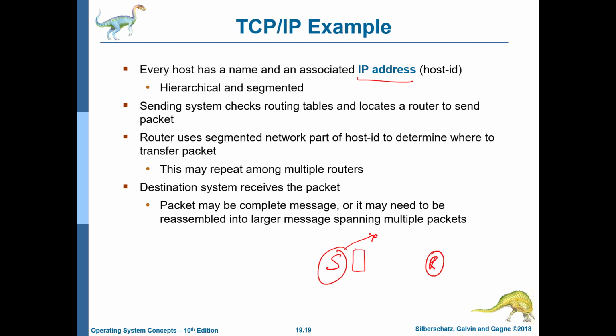Then after sending it there, the router on the way again uses the next part of the address to determine where to send it next. So gradually more and more bits of the destination address match,